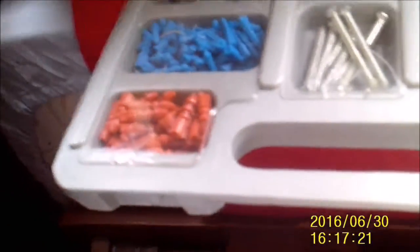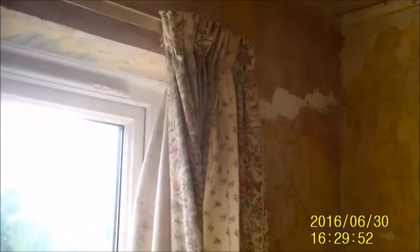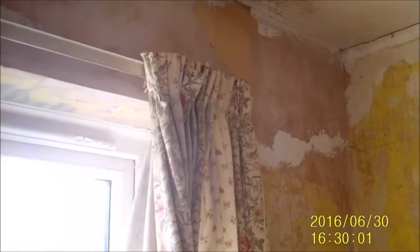Isn't this just typical? You spend a couple of quid on a load of wall plugs and they're the wrong depth. Stuff that doesn't matter. I've got reserves here with a depth I know fits. And there, after several attempts and the unsanctioned use of the drill bit, I finally managed to get it in as well as I can. But then again, this is pretty much going to be temporary because this rail might end up getting replaced. With that now sorted out,